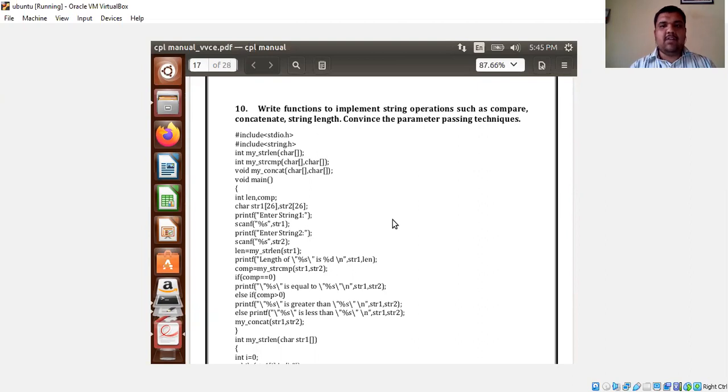Now let us take up one more important program, which is basically the program concentrating on string operations. So what are some of the string operations we are already familiar with: the comparison of two strings, concatenation of two strings, finding out the length of a string, everything. We are going to make use of all these three operations: compare, concatenate, and string length, using the